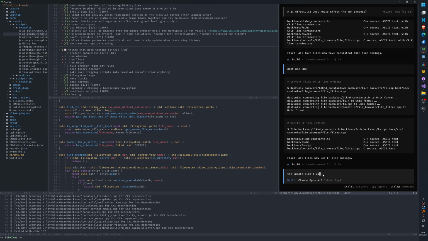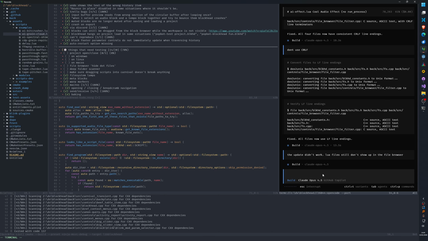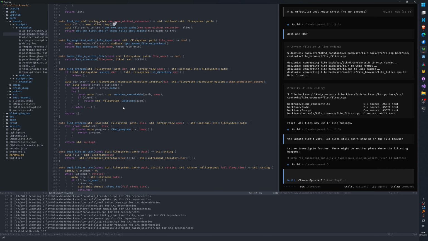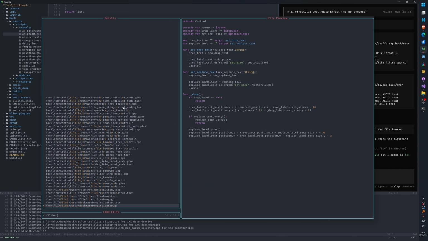The update didn't work. Lua files still don't show up in the file browser. What does it need to do?